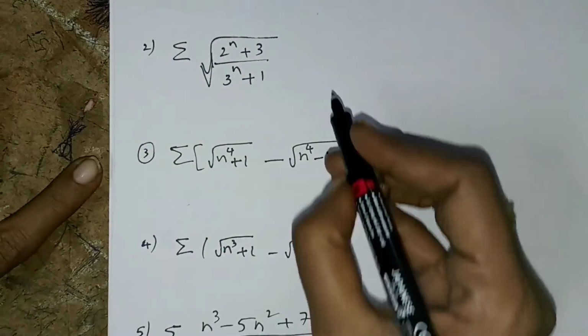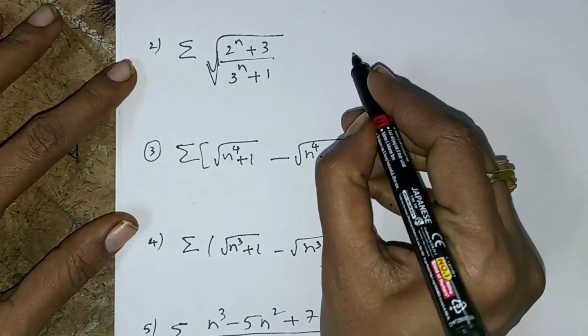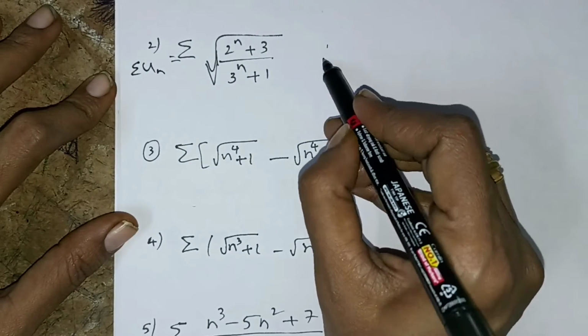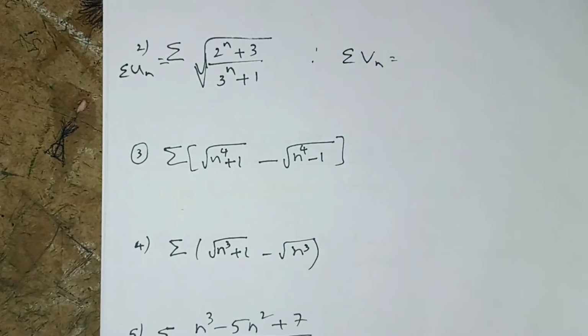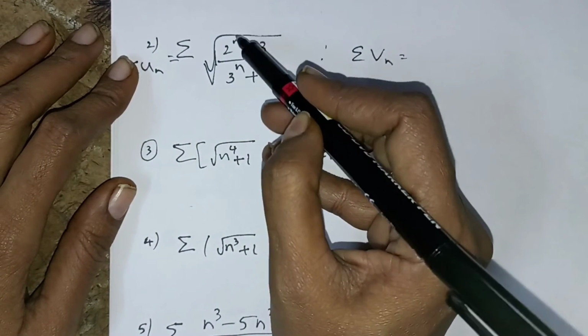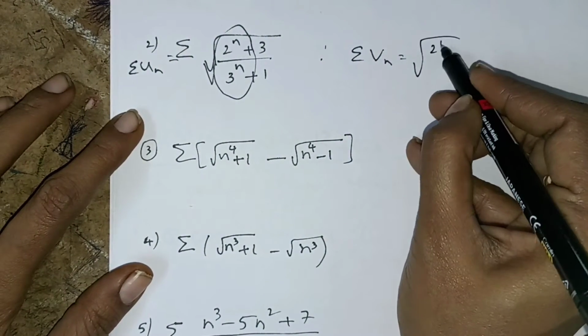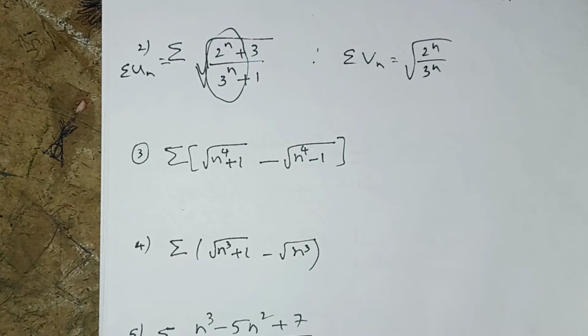The given series is sigma un. We have to choose sigma vn. In such special cases, whatever is dominating in the given series, here 2 to the power of n by 3 to the power of n, that one only we have to take. Take sigma 2 to the power of n by 3 to the power of n. Similarly for log of 1 plus 1 by n, or such special cases with log, tan, sine, whatever the dominating term of n is, that term as it is you take as sigma vn.